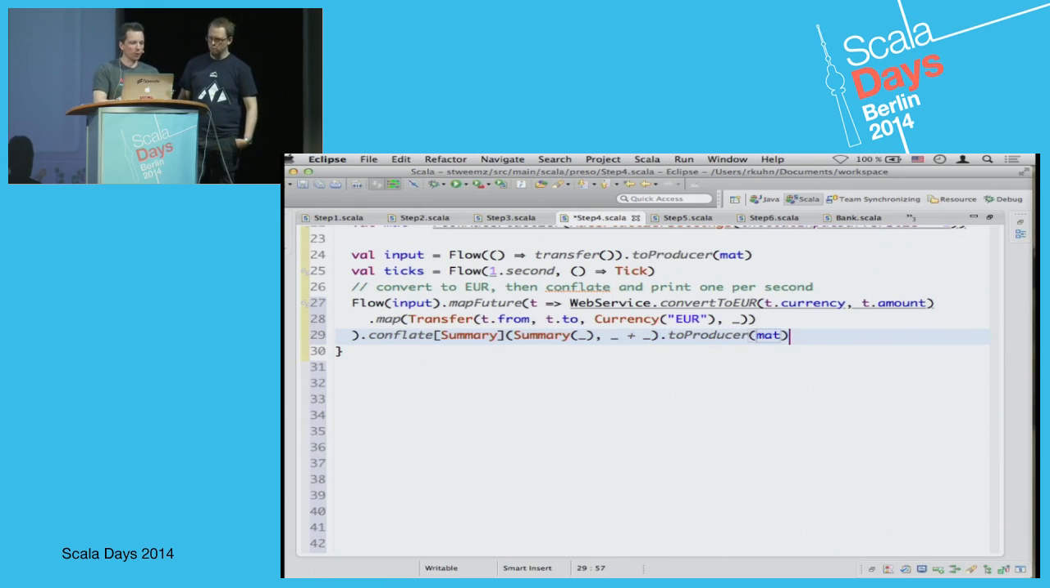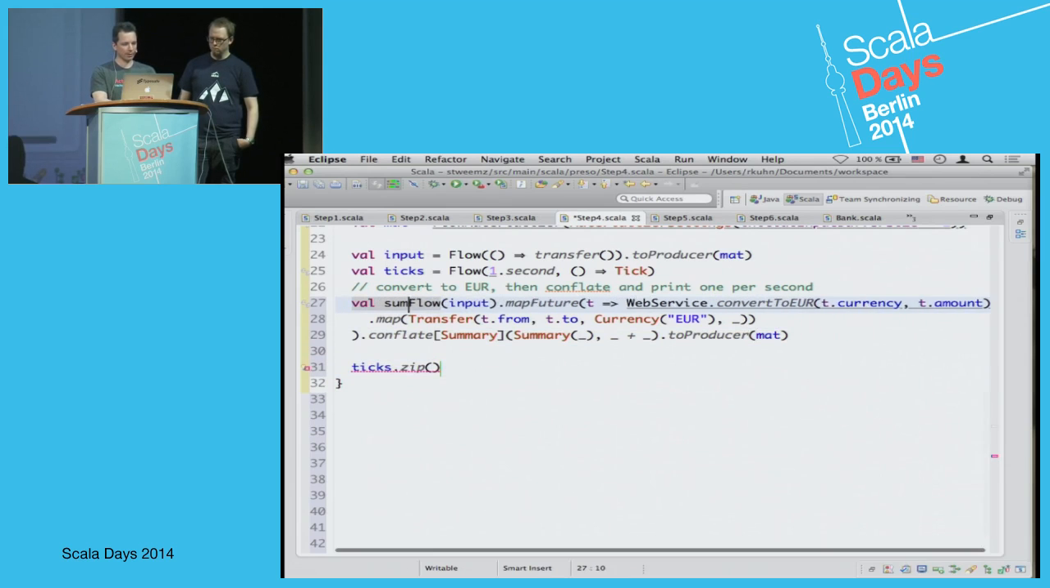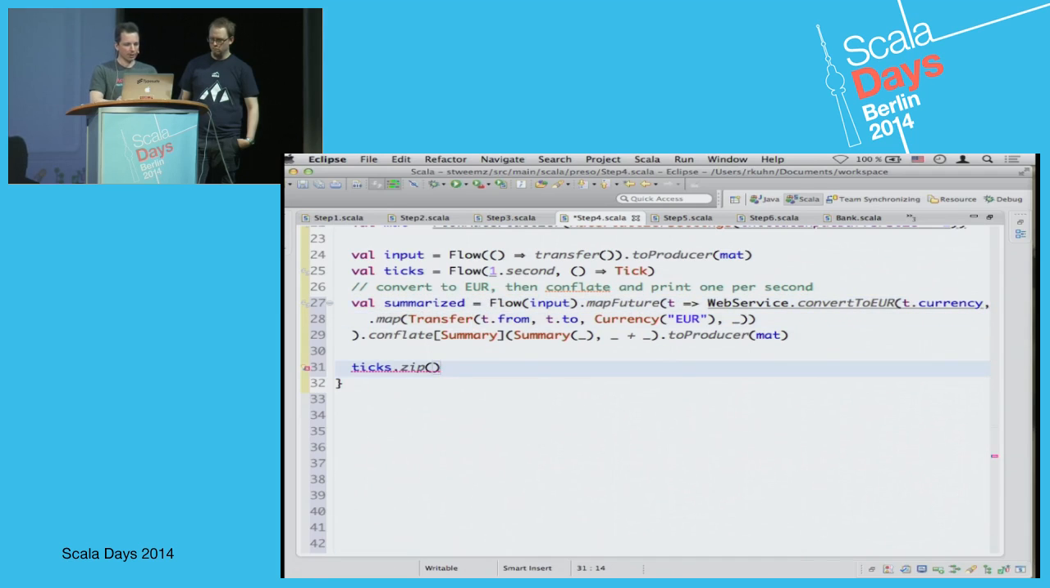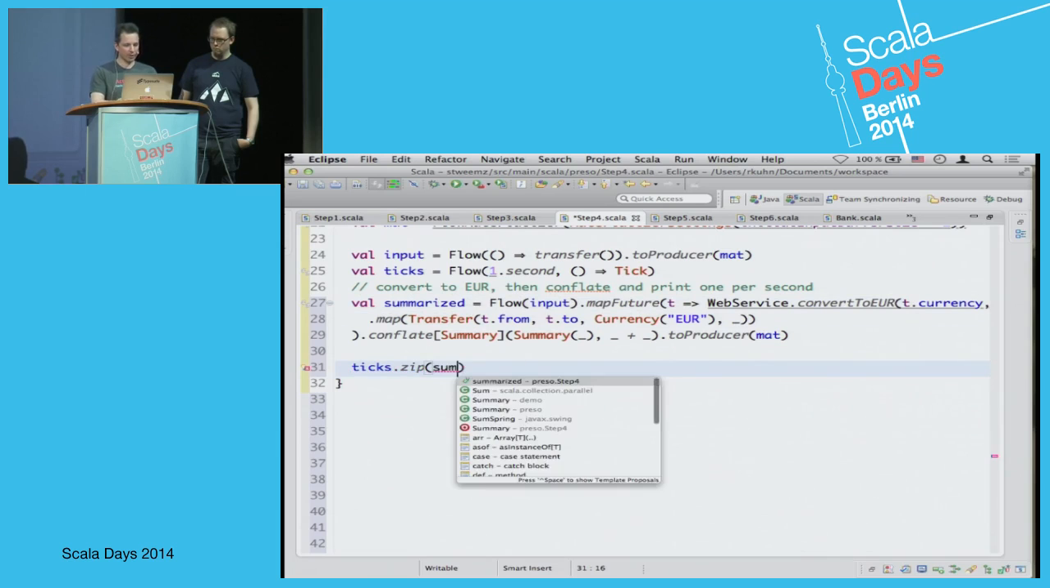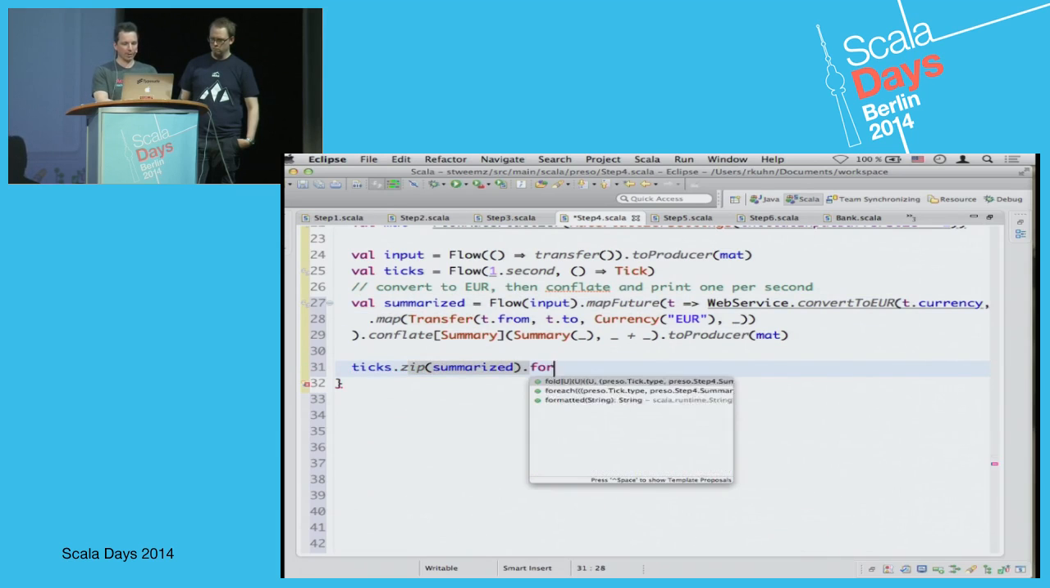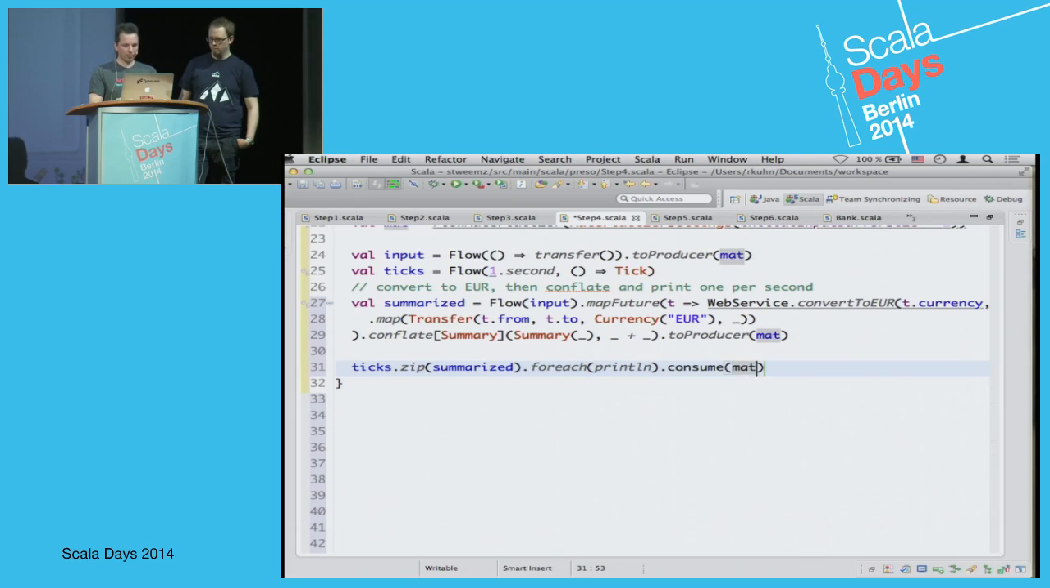We need to somehow control when to pull items from this. So we use the ticks and zip it. We need to give this a name as well. Well, summarized. So we zip this with summarized. And yeah, well, we can just print that. So if we run this,